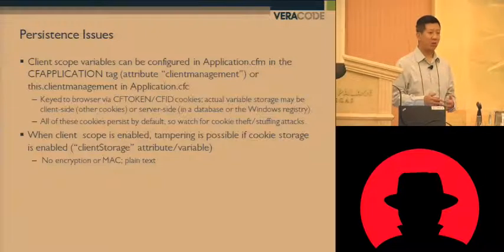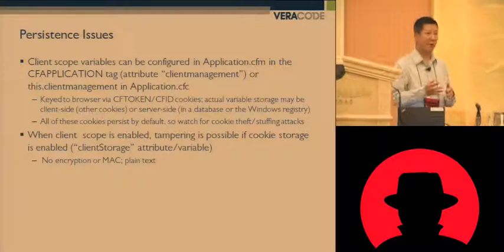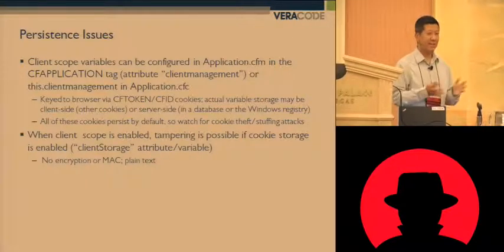They may not actually know how that works, right? It's black magic a lot of the time, but it's actually in a cookie. So if you put something sensitive in a client scope variable and you're not realizing as a developer that it's in the cookie, then that may open up the application to some really, really simple cookie poisoning attacks. The cookie that's used for the client scope variables is not encrypted in any way. There's no MAC, there's no HMAC. Everything is in plain text. It's delimited by, I forget, but there's basically a name-value pair with delimiters, and it can be manipulated in whatever